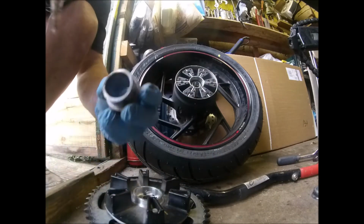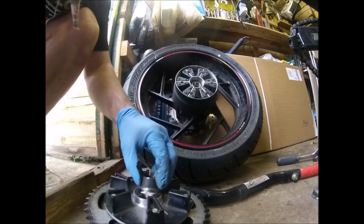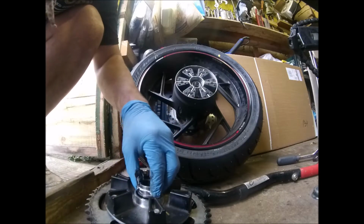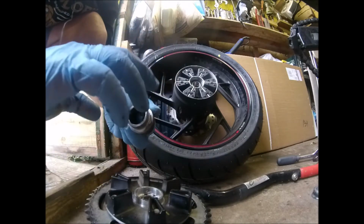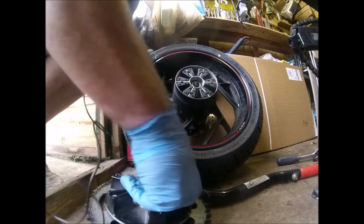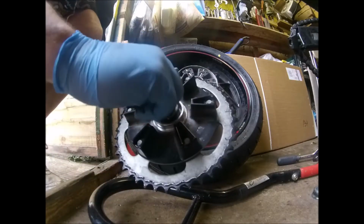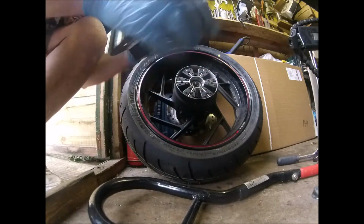Just smear a bit of that around there. A bit extra on there. That'll be the wrong side then. Is it that way? No, that is the right side. So yeah, just smear that round a bit. And shove it back in. So yeah, that's your inner spacer. Like that. So then this will fit,